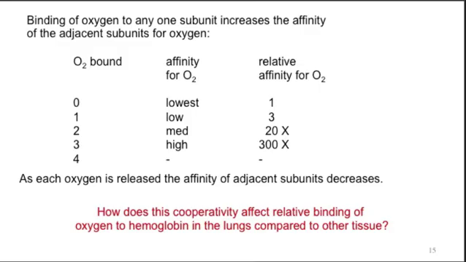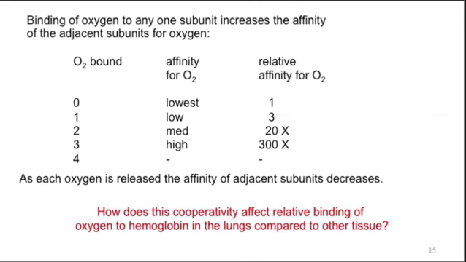Let's take a look at that here. When the first oxygen binds to hemoglobin, it has a certain affinity. After it binds, then the second one actually has a threefold greater probability of binding. And when the second one binds, that increases the affinity 20-fold. And when the third one binds, it's about 300-fold. What about when the fourth one binds? What's it going to do to the affinity to bind the next oxygen? Well, actually, you only have 4 sites, so it's kind of a moot question, but a dramatic change in affinity